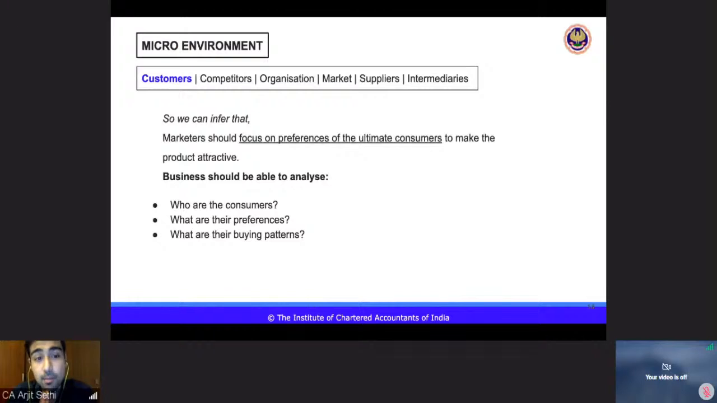So, what do we infer from this? The marketer, the business, has to focus on the consumer. A marketer, the person who is actually responsible for making the product sellable, the sales team, the marketing team, should focus on the preferences, meaning likings, of the ultimate consumer, right? They have to understand the preferences of the ultimate consumer to make the product attractive, right? When we talk about customers in the microenvironment,